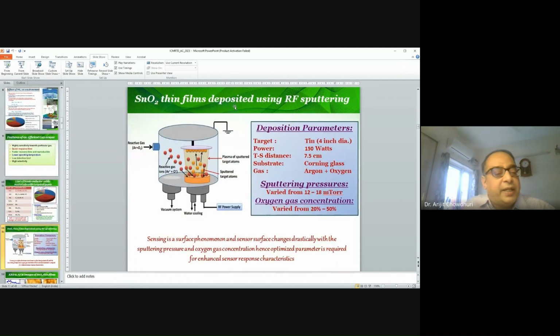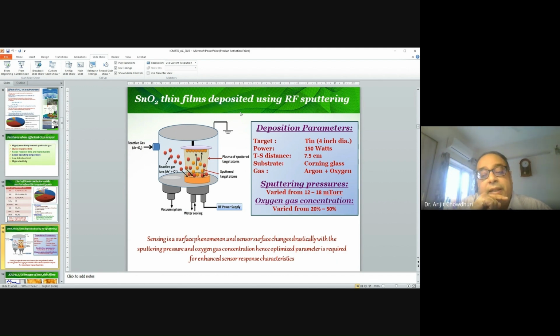So in our study, we have synthesized tin oxide thin films using RF magnetron sputtering, wherein we used a tin target and RF sputtered it at 13.56 megahertz in an argon-oxygen ambient. Some of the typical optimized parameters are shown here. We have used a Corning glass substrate, which has interdigital electrodes lying underneath. We have a typical target-substrate distance of 7.5 centimeter, 150 watts of power, and a pure 4-inch tin target